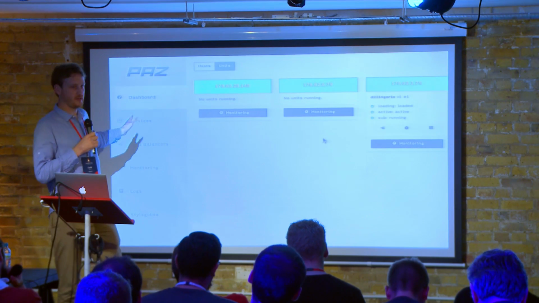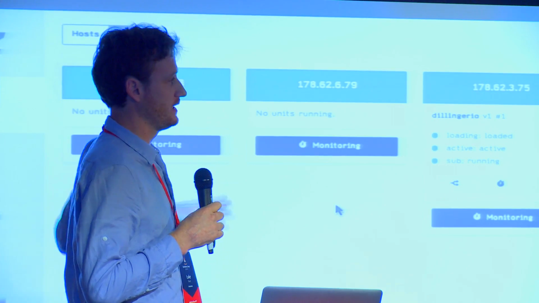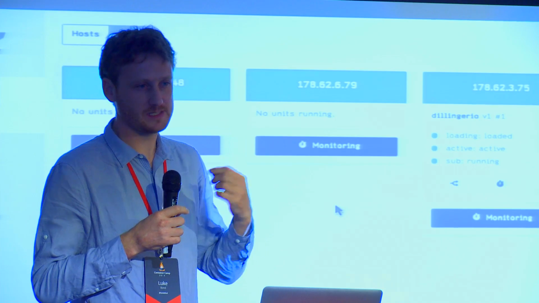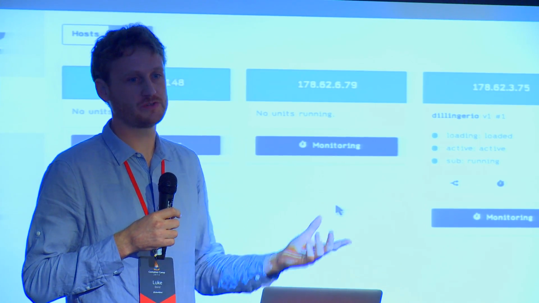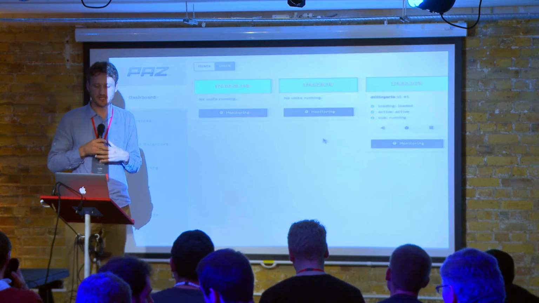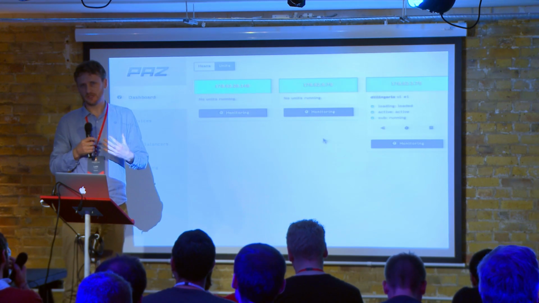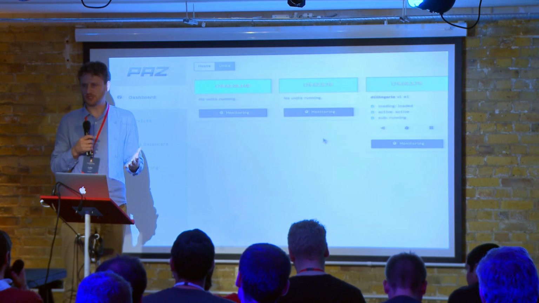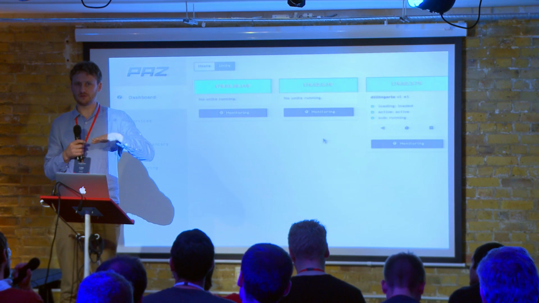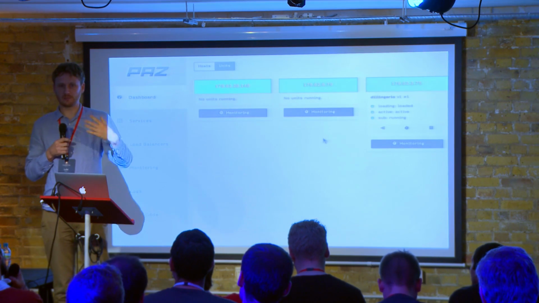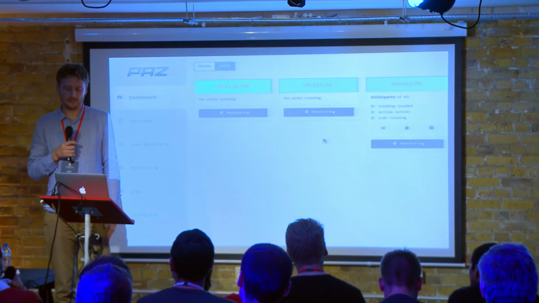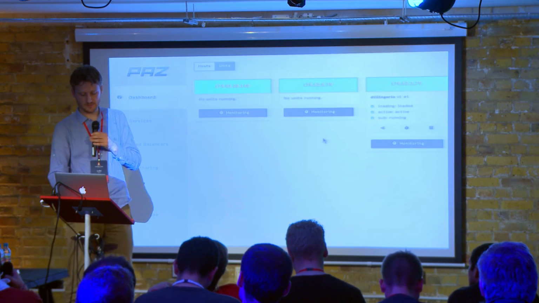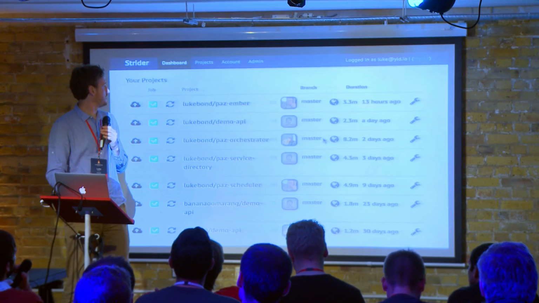But basically, what we have in the services tab here is a catalog of your services. You create your services and link them in the sense that you enter a Docker repository for them, and you add some configuration. It has version configuration, so you will always be able to access which deployments, what configuration was set, and the configuration at the moment is fairly basic. It pretty much maps through to what you might do in Fig or Docker run, things like ports and environment variables and stuff like that. And you can specify whether or not it's public facing. And if you specify that something is public facing, then you get,